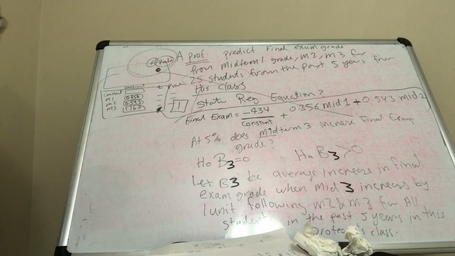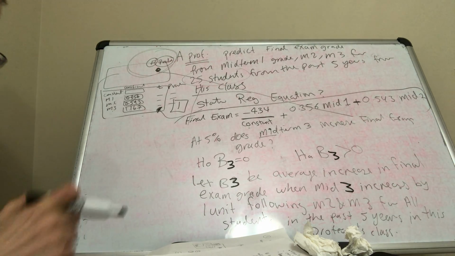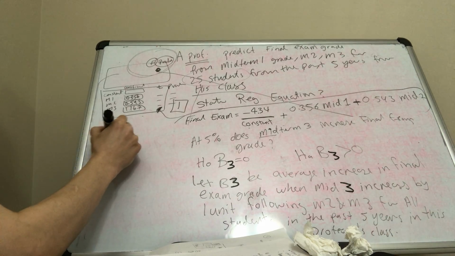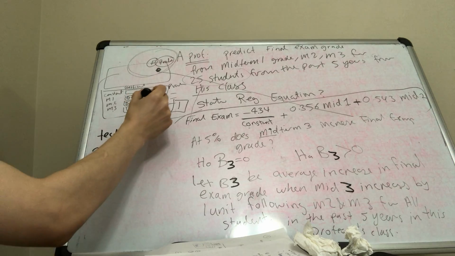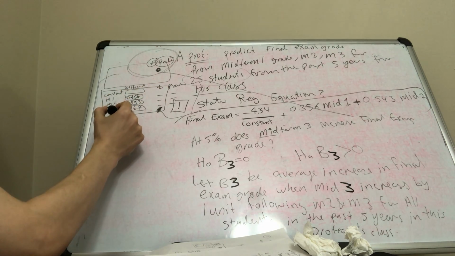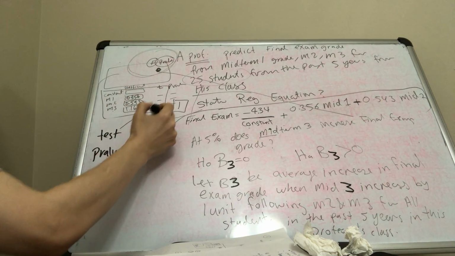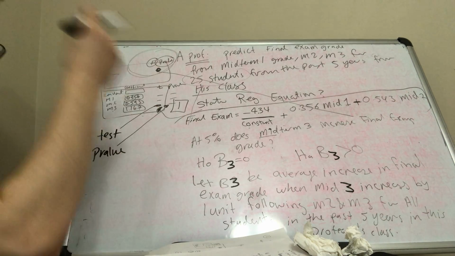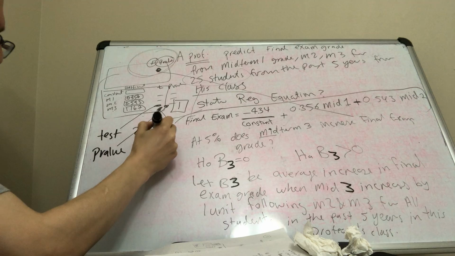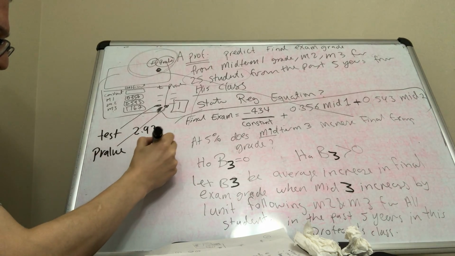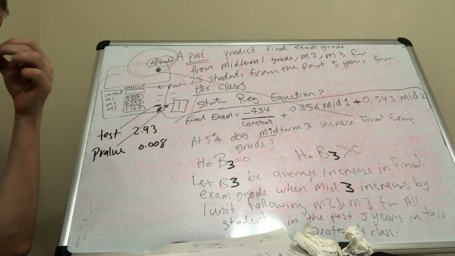Now, after this, the question was, what's the test and what's the p-value? You pick the test for midterm 3, you pick this test, and the p-value, you pick this number. Test was 293 and p-value 0.008. Talk about